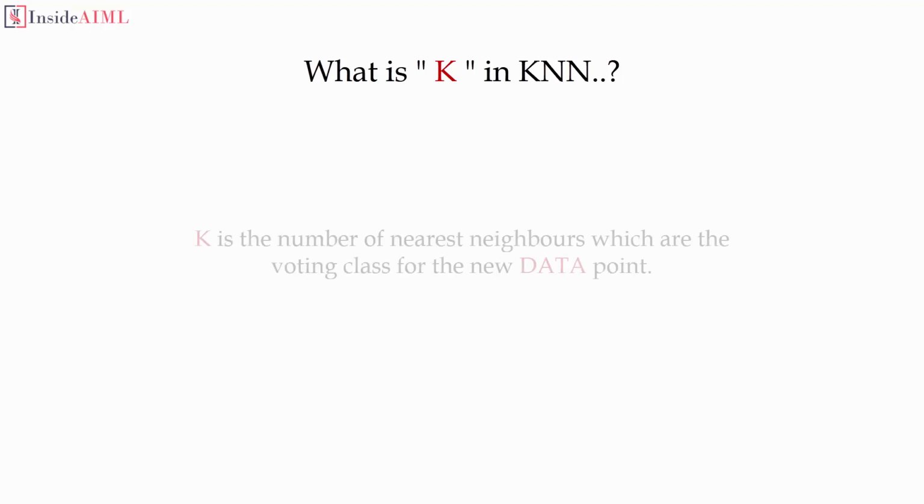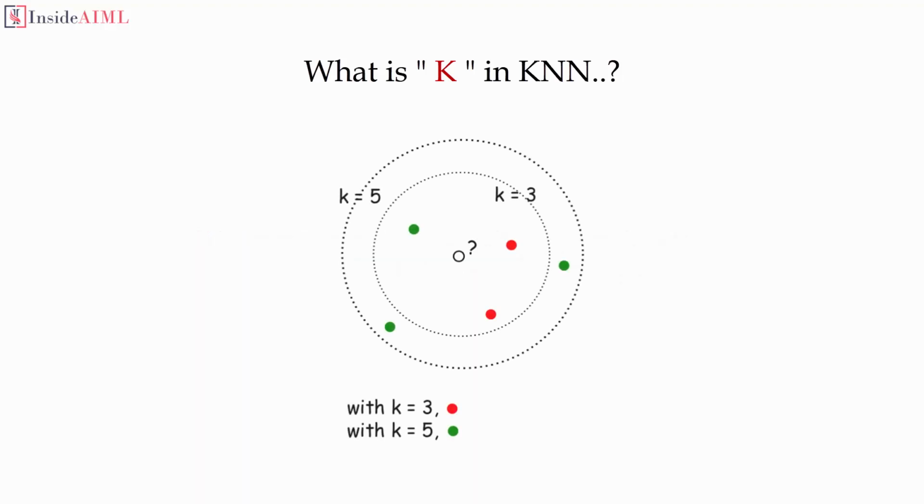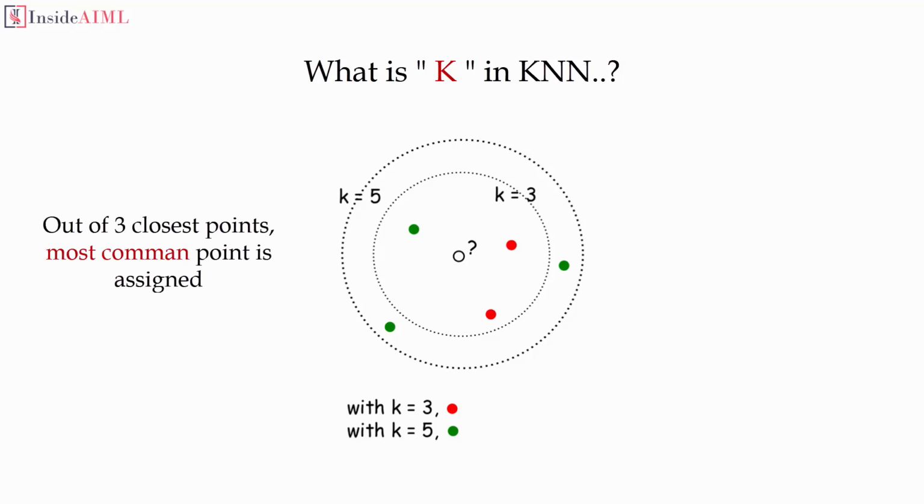Now, you may think, what is that K in KNN? Well, K is the number of nearest neighbors which are the voting class for the new data point, or you can say the test data point. For example, if the value of K is 1, then the testing data is given the same class as the nearest neighbor. Similarly, if K is 3, the labels of the 3 closest classes are checked and the